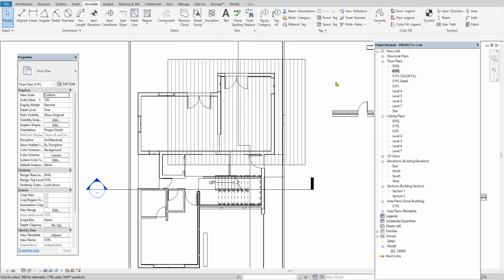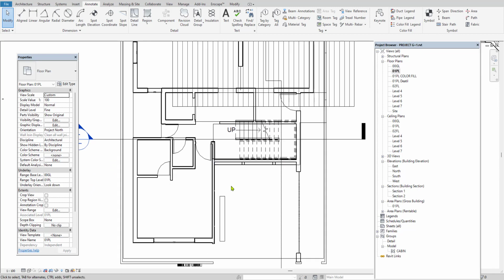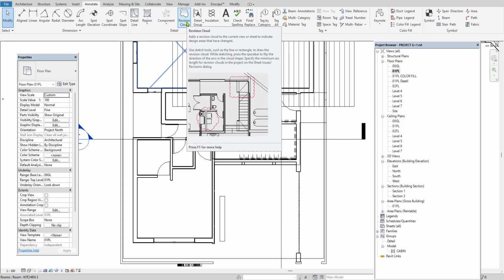Revision clouds mean in the companies, in order to show this portion needs a revision or this portion needs a review, higher engineers can use this revision cloud option to suggest it for the employees who are working under them. I am going to use this revision cloud to mark it.